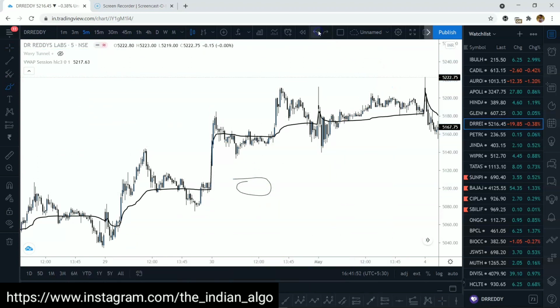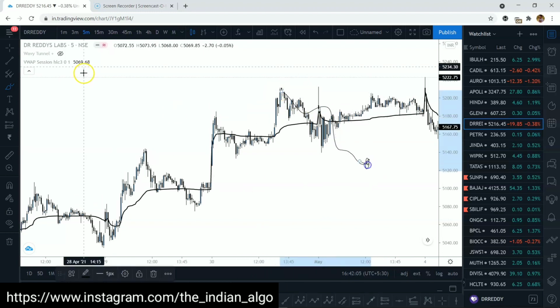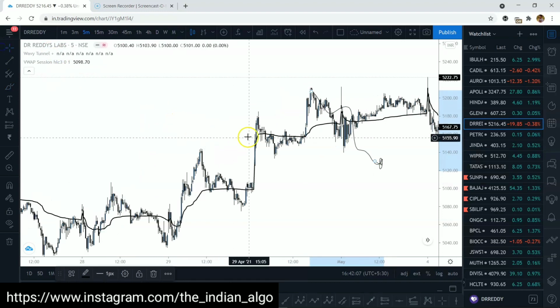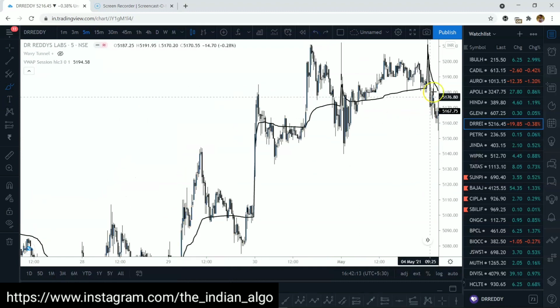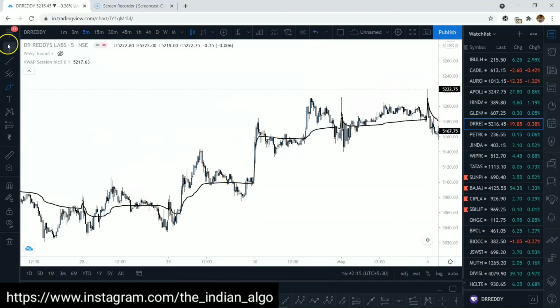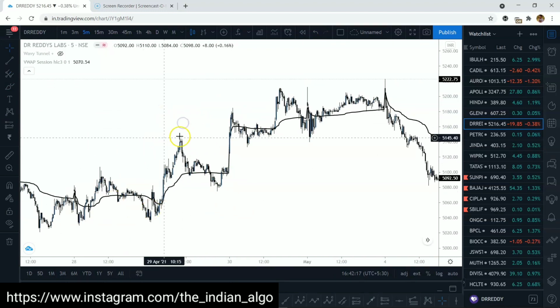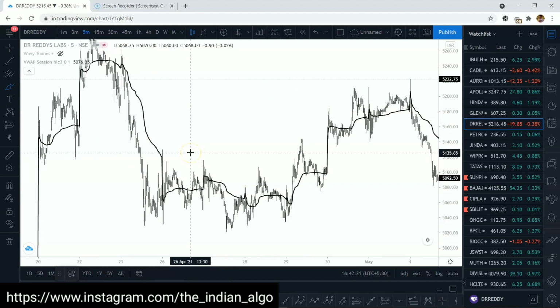But when I'm away from the black EMAs, it is definitely going to work as a good intraday trade, but not as a good swing trade, because the prices will come back and touch the black EMAs, and then from there it can move higher. Now this is simply the volatility contraction pattern that I'm trying to explain here. But what you all can do is apply your previous analysis.